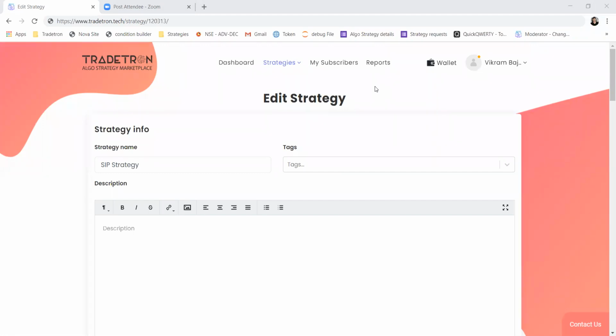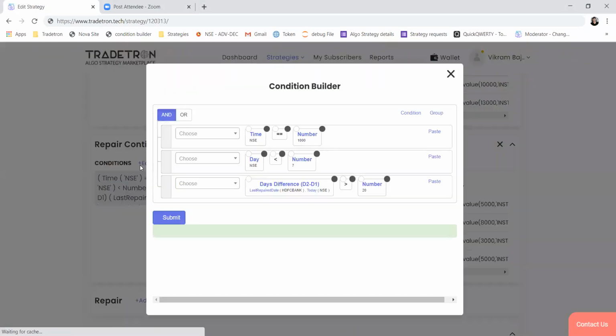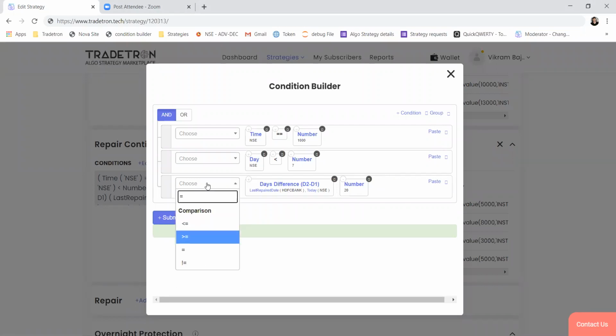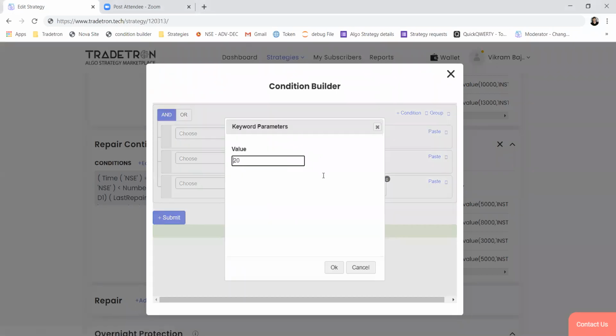So Mr. Tripathi is asking, what if I want to trade every day? If you want to trade every day, then you just have to mention this: the days difference between two dates should be equal to 1, or greater than, sorry, 0.